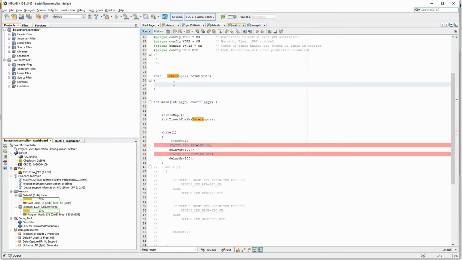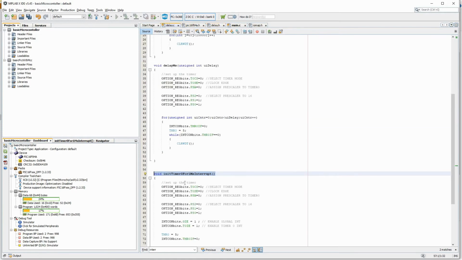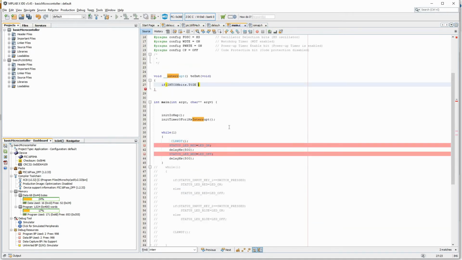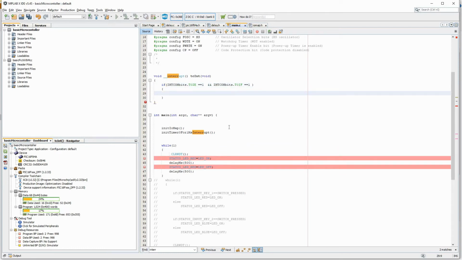So what we generally do here is, if the timer 0 interrupt is enabled and the interrupt has come from timer 0, the interrupt flag is equal to 1, then I know it is a timer interrupt.